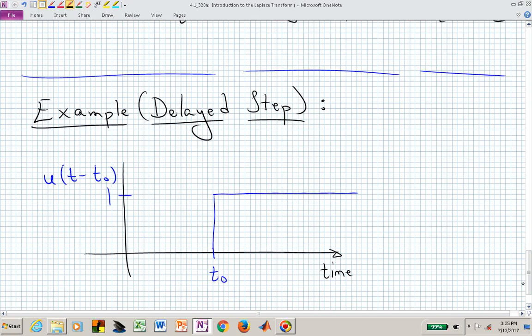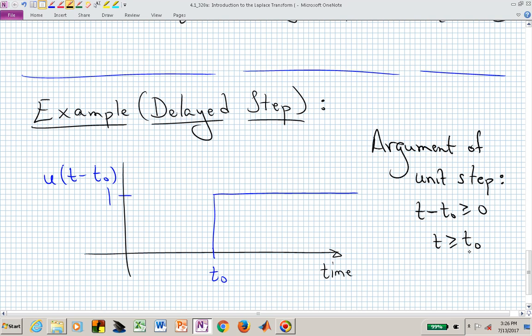Let's now take that up a notch and look at what happens if we Laplace transform not the unit step, but a delayed version of the unit step. In this case, we want to know when the argument of the unit step becomes non-negative. Well, now we're saying when is t minus t sub 0 non-negative. That's going to occur if we solve that for t when t is greater than or equal to t naught. And when the argument of that unit step is non-negative, that's when it assumes a